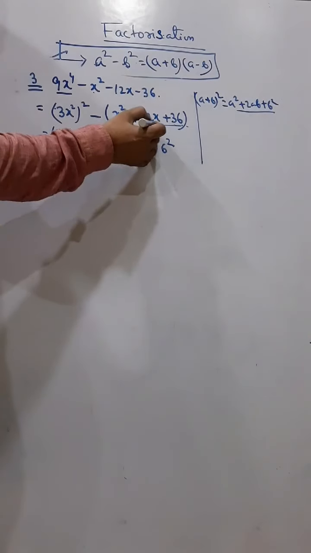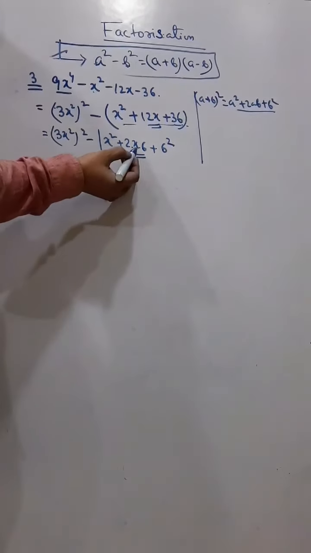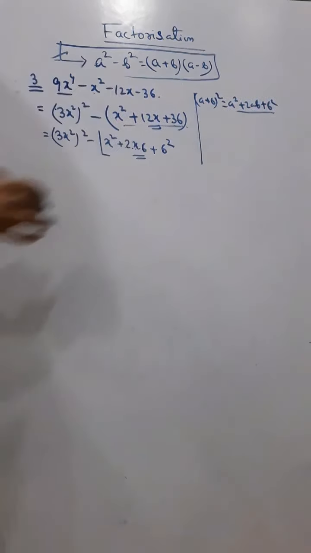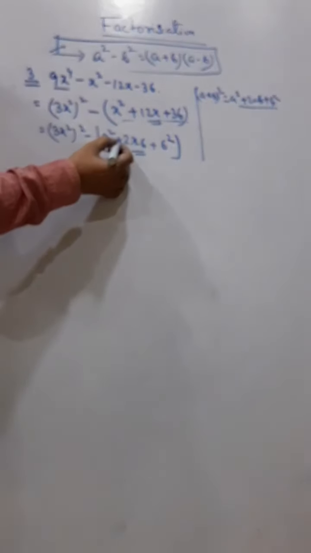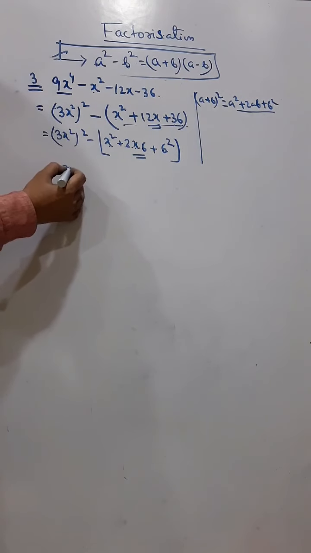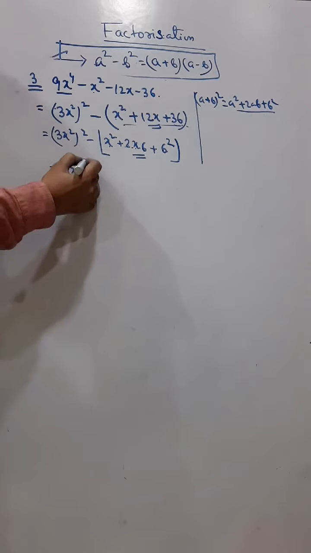You may sometimes make a mistake, so you check it. You have 12x, you have 12x, so that means the same thing. So now I got a square plus 2ab plus b square. As usual, I am writing it now like this, and this one I can write as a plus b, whole square.